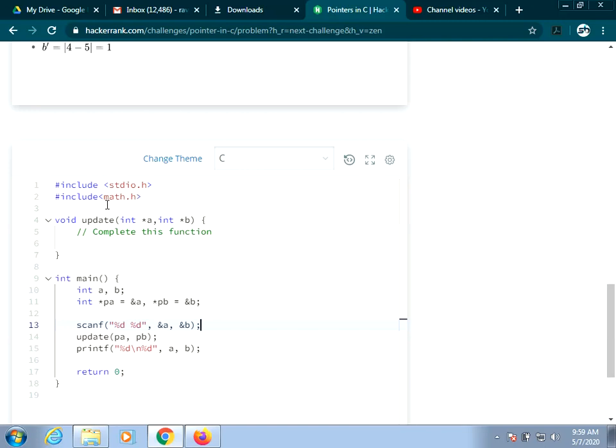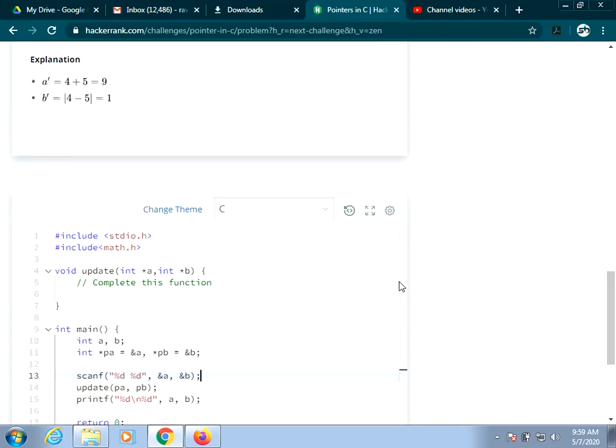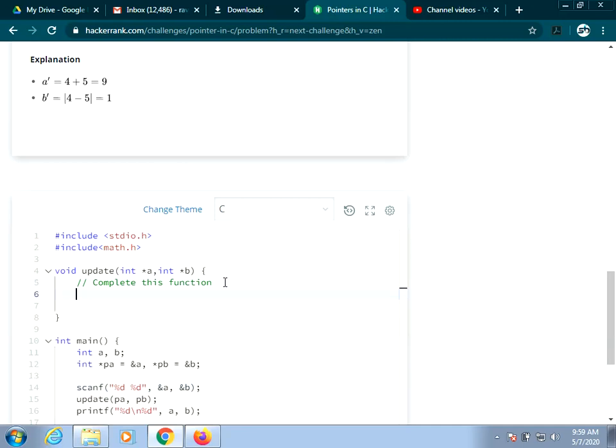and in this program we have to include math.h as we have to calculate the absolute difference of those values. So first what you need to do is, in a you have to store the sum of a and b, and in b you have to store the absolute difference of a minus b.